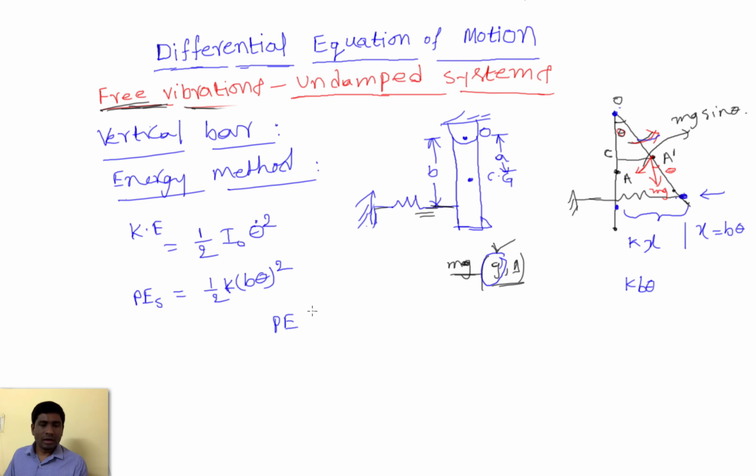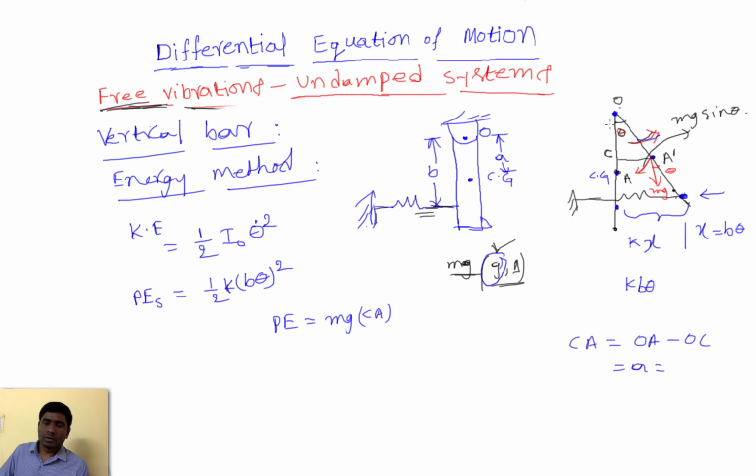Actually the mass center of this is CG, and this is the center of gravity after rotation theta. If you observe, the height is increasing, that means potential energy also increased in this case. So mg into delta h, here delta h is CA, we need to find out CA, but we know CA equal to OA minus OC.